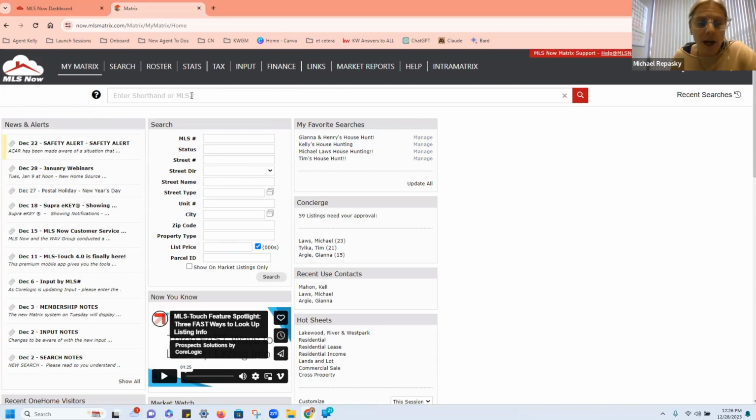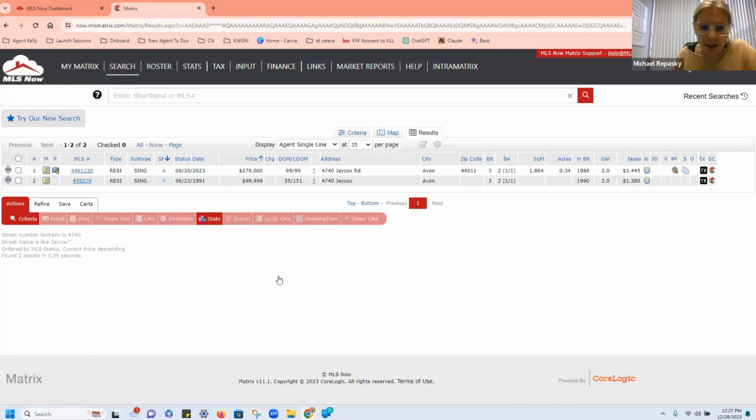This search box does not list everything. Very temperamental. This one is going to be where you search all of the listings. So it was 4740, the street number, the street name, and then I'm going to click search. Perfect. It populates right there. It also shows you when it was last listed and sold. So when you click on, again, the MLS number,